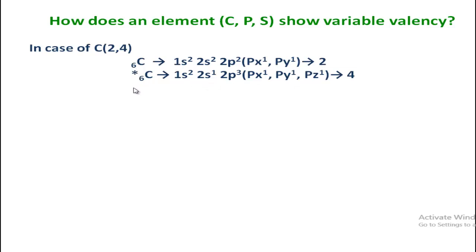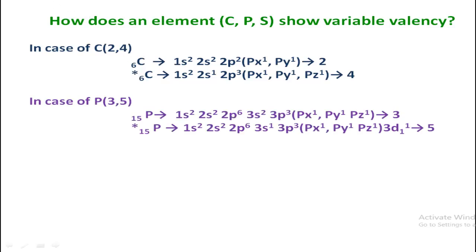But in the excited state, the electronic configuration of an atom is rearranged among the different suborbitals of the outermost shell. Excited state means when an atom is excited by applying external force, such as heat or pressure. In that case, the electrons are rearranged in the suborbitals of the outermost shell.